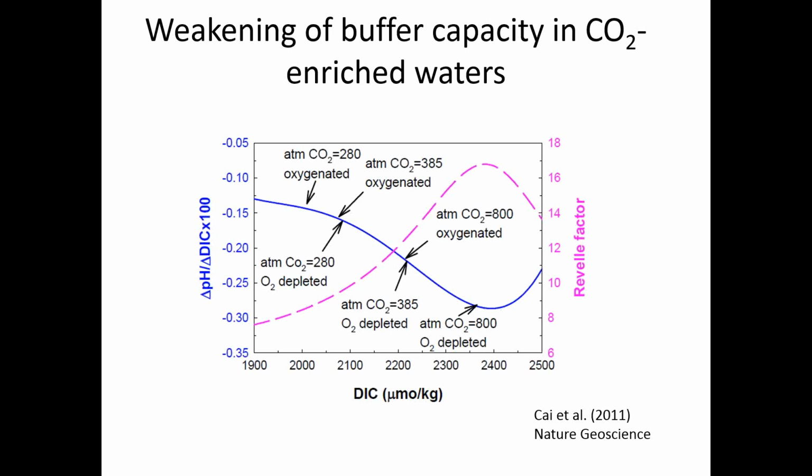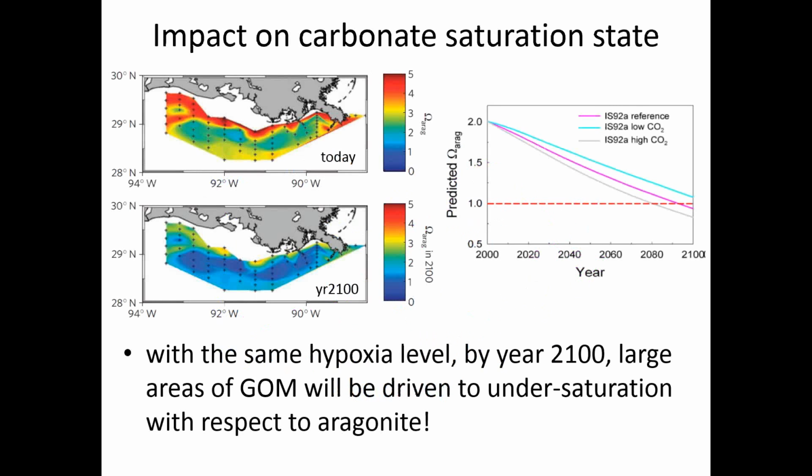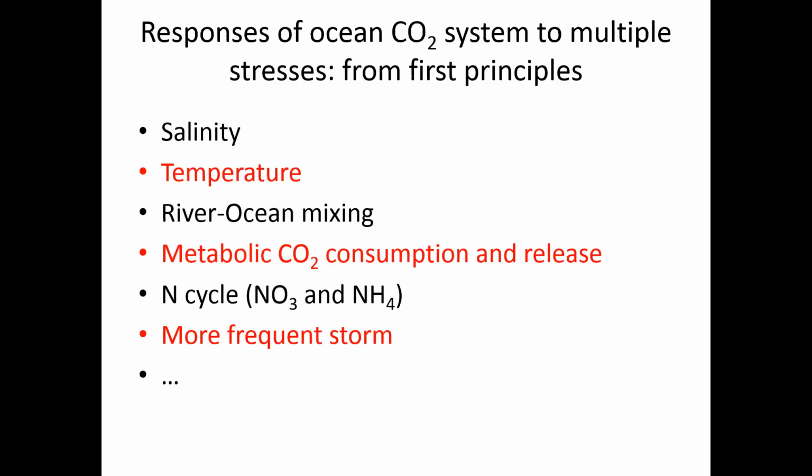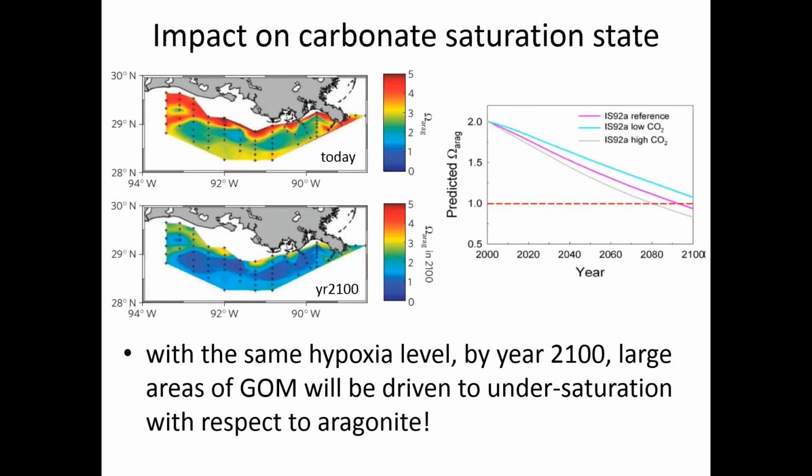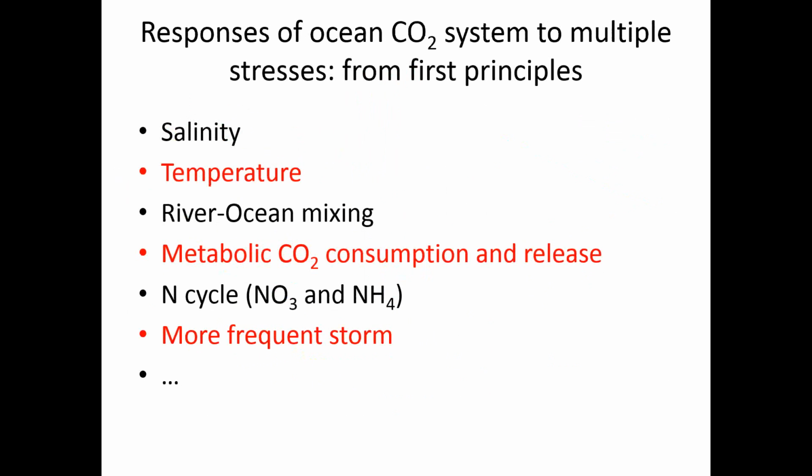All right, so that's a little bit of a theoretical explanation, and this is just to show that if we have the high PCO2 at the end of this century, the entire Gulf of Mexico area would be undersaturated with respect to aragonite. So I want to now discuss how we would expect the CO2 system to respond to salinity change, temperature change, and river-ocean mixing with different alkalinity in the river,